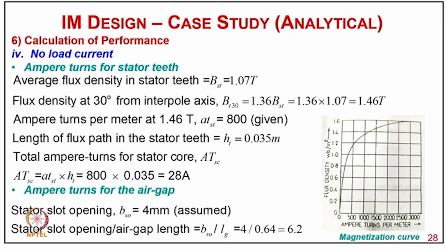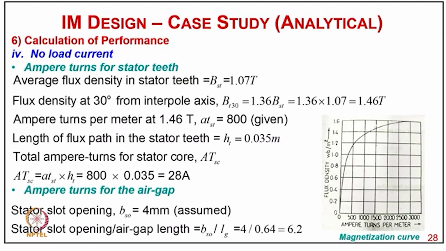Now coming to the ampere turns for stator teeth. The average flux density in the stator teeth we already estimated comes to 1.07 Tesla, and the flux density at 30 degrees from the interpolar axis is BT30, that's 1.36 BST, so it comes to 1.46 Tesla. And the ampere turns per meter at 1.46 Tesla flux density, from the characteristic of the material as shown here, comes to 80 ST equal to 800